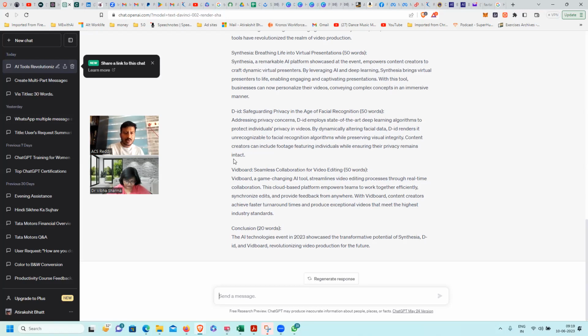Cool. Atirakshit, when I'm actually trying to create it, it's asking me to upgrade. Is it something that I'm not doing right? Can I share my screen? Which one? On Canva. Yeah, Canva, the bulk feature, I think, is a paid one. You will have to upgrade that. No, I'm actually selecting the template. Maybe if you can share your screen, please.